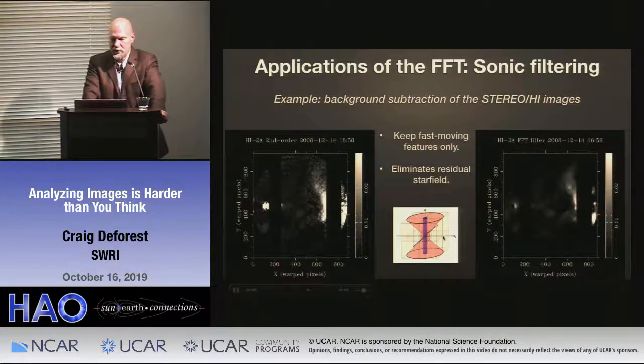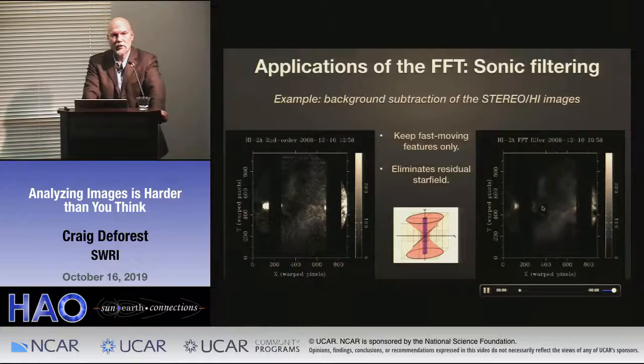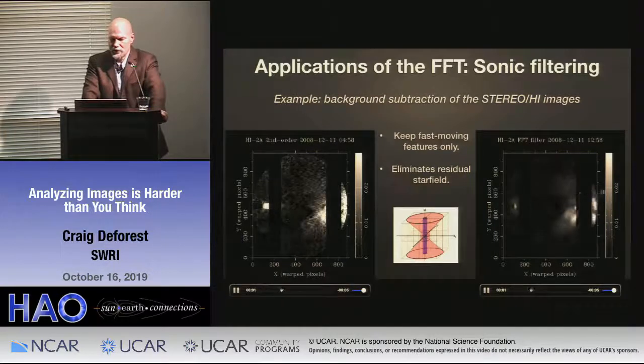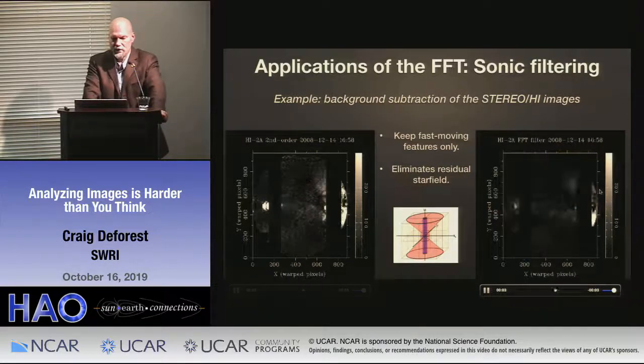Using this Fourier technique allows us to discard all the artifacts which aren't moving and keep all the things that are moving, which is the solar wind. So this is just a neat example of the frankly visually astonishing effects you can get by dropping into this space and coming back